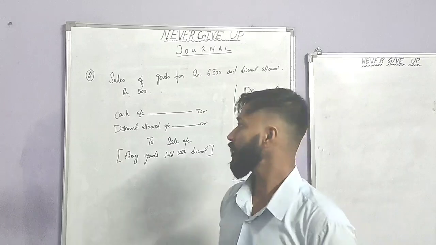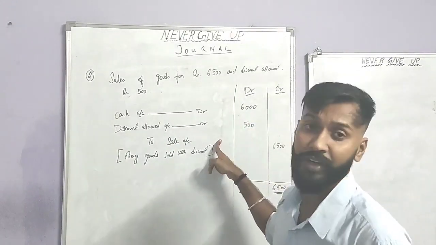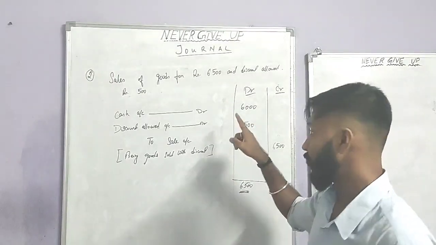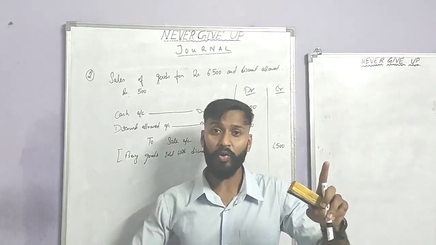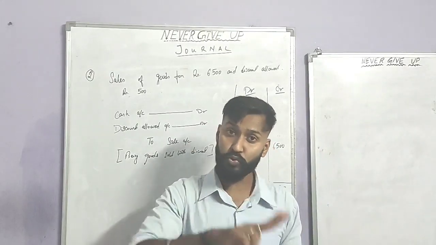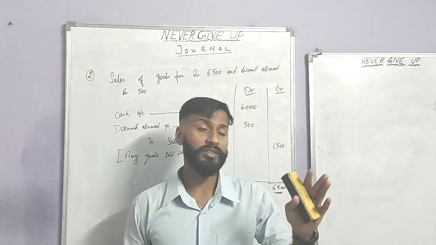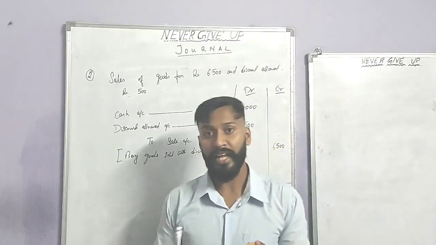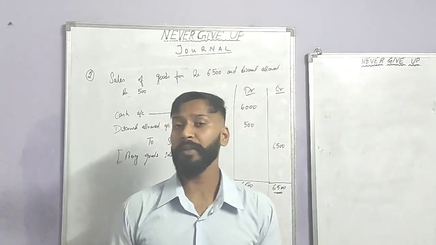Why is it called compound journal? Because here we have two debit accounts and one credit account. If there is one debit account and one credit account, then it is called a simple journal. If there is more than one debit account but one credit account, this type of journal is called compound journal. Okay. For today, let me stop here, and in my next video, I'll be explaining you